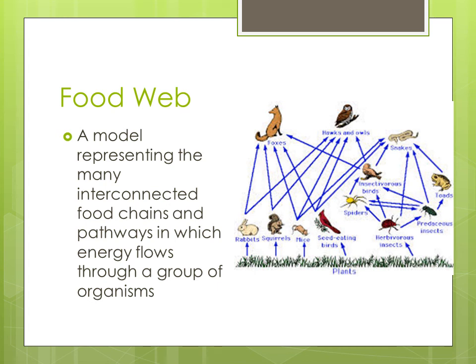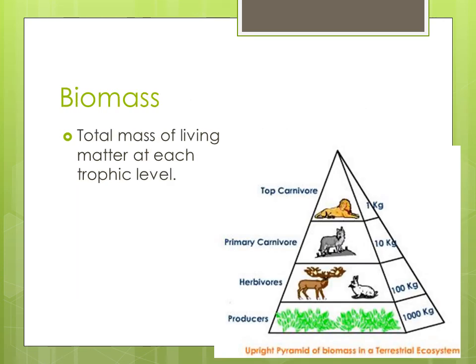And so this gives you an idea of how energy moves through an ecosystem. So you can see this is called biomass, and it's the total mass of living matter at each trophic level. And as you can see, for 1,000 kilograms of producers, or autotrophs, plants in other words, you only produce 1 kilogram of top carnivore. So that means you have a high inefficiency rate as you go up the food chain. And that means that for every 1,000 kilograms of plants, you only get 100 kilograms of herbivores.